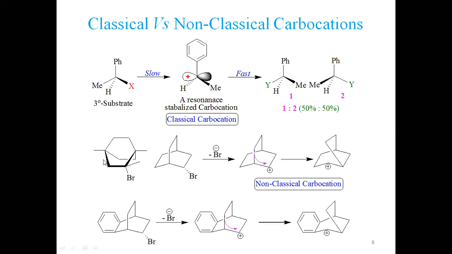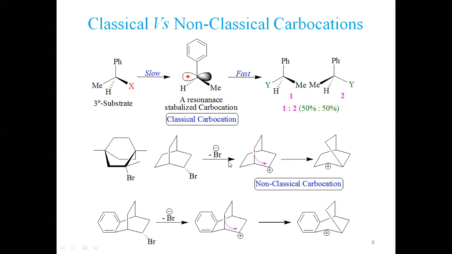It exists in this form. I have presented one boat conformation, and if you remember, this is called the flagstaff position. This is called the bowsprit position. So the bowsprit positions are linked up with each other. So this molecule exists in this form. This is the conformation I have presented.